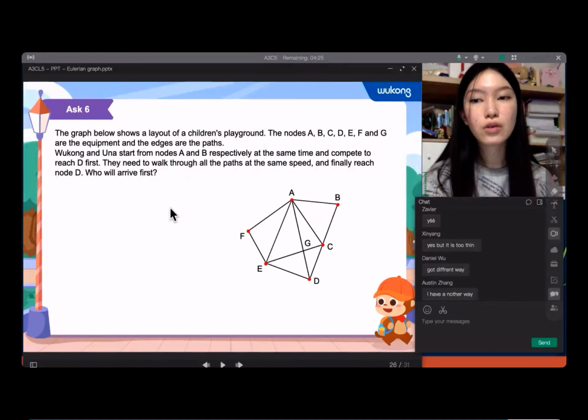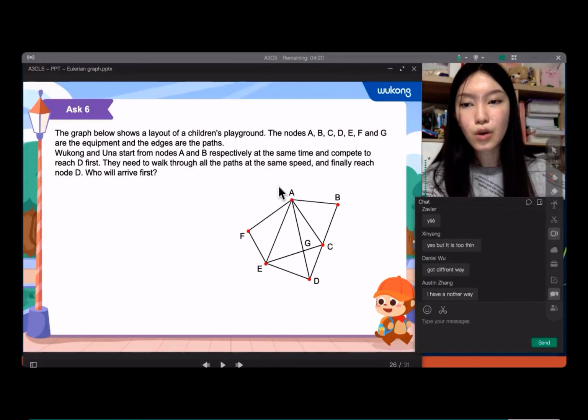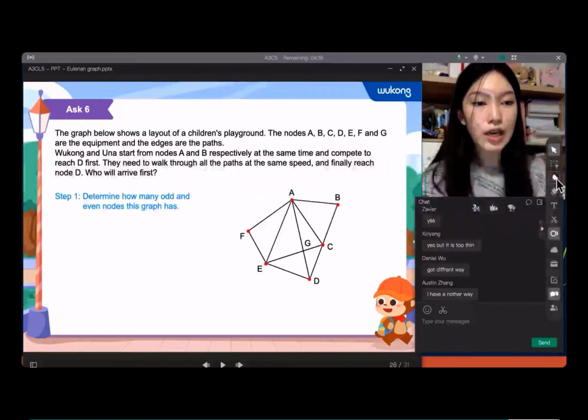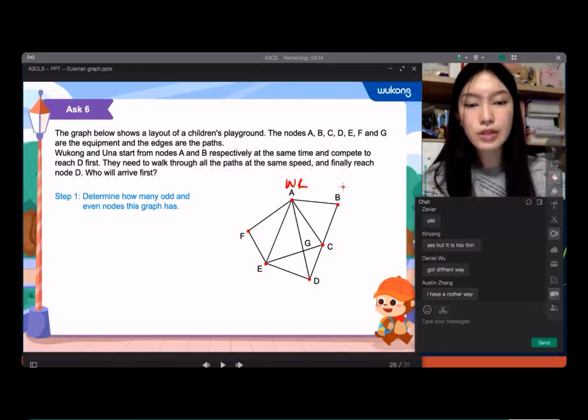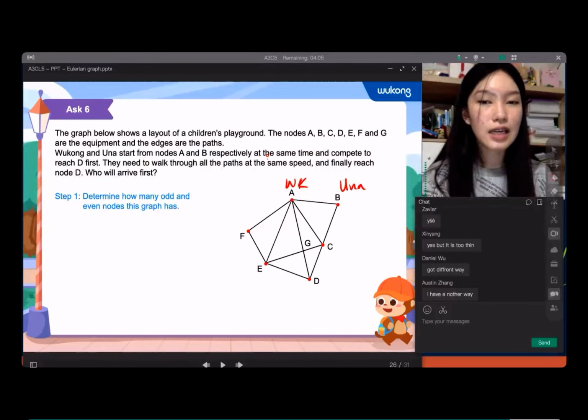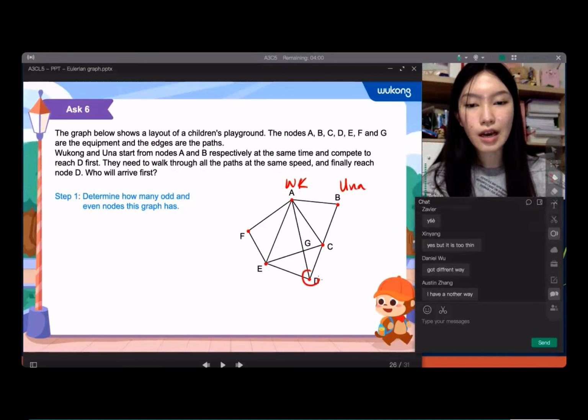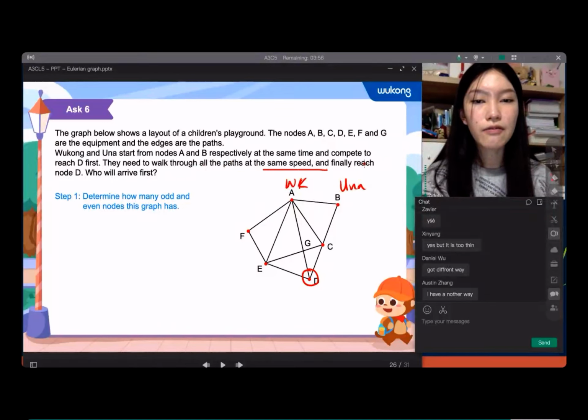are the paths. So Wukong and Una started from nodes A and B respectively. So Wukong will start from node A, and Una will start from node B. Okay, WK for Wukong. I hope you guys can understand that. And they're gonna start at the same time and compete to reach D first. So D would be our endpoint. They need to walk through all the paths at the same speed and finally reach node D, who will arrive